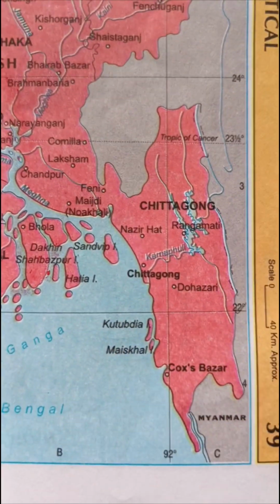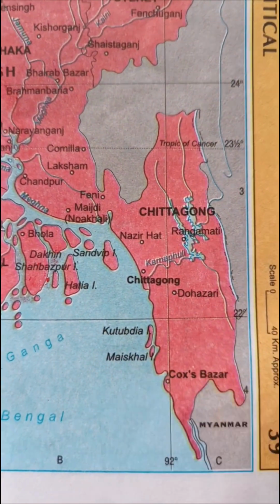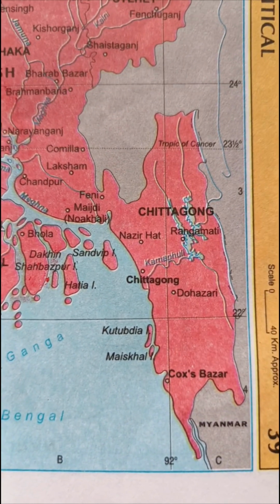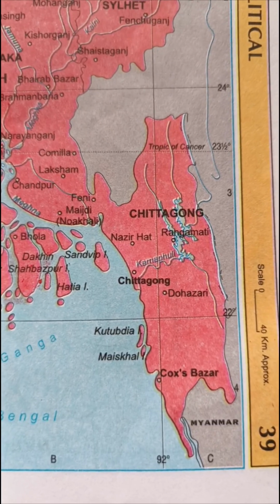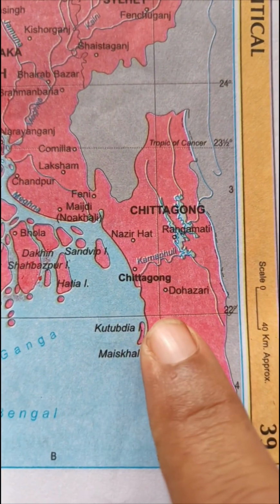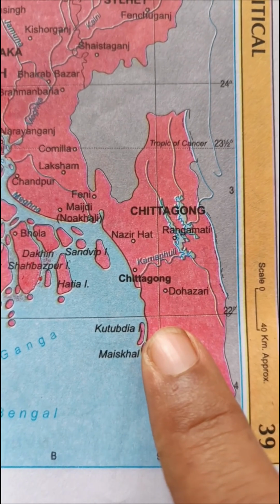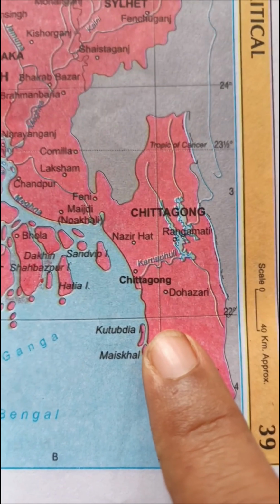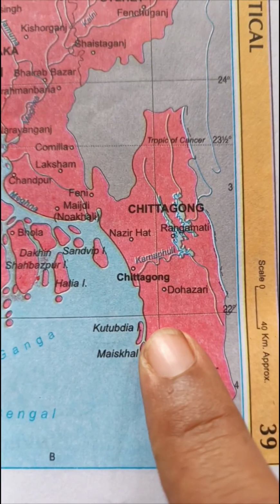And when you talk about Chittagong, this is also the place where the Chittagong Armory case took place. The students of history will know about this. So the Chittagong Armory raid was led by a revolutionary named Master Surya Sen. He was a teacher by profession. That's why he was called Master.